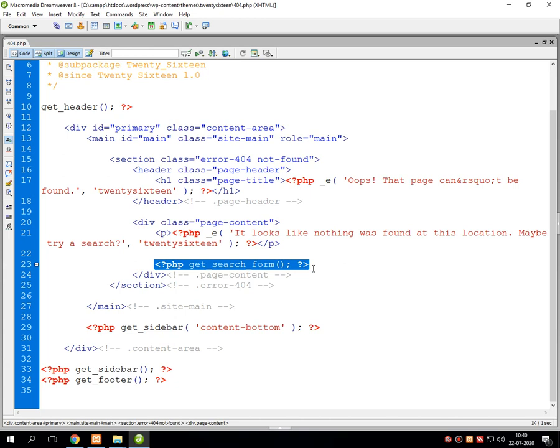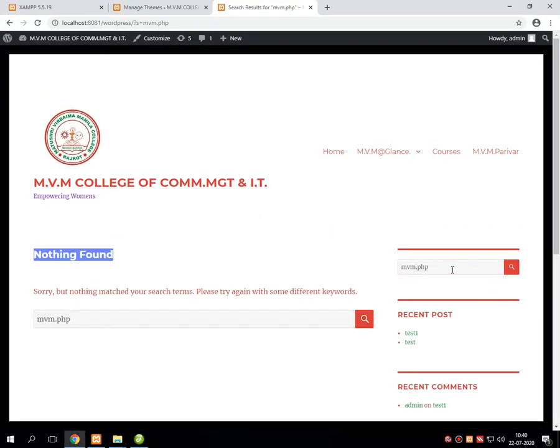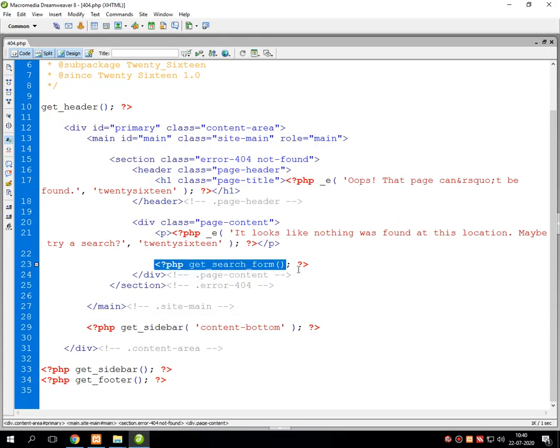This is used to display a search box in 404.php. That means here you can see a bigger search window. This is possible due to the functionality called get_search_form.